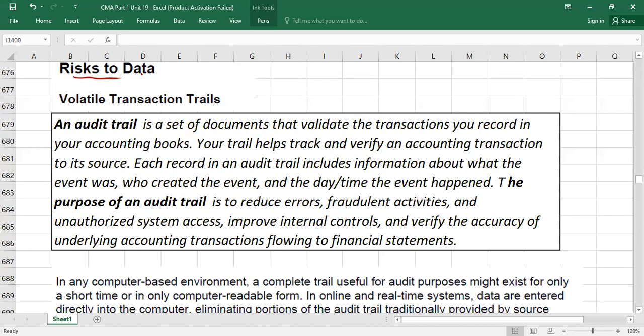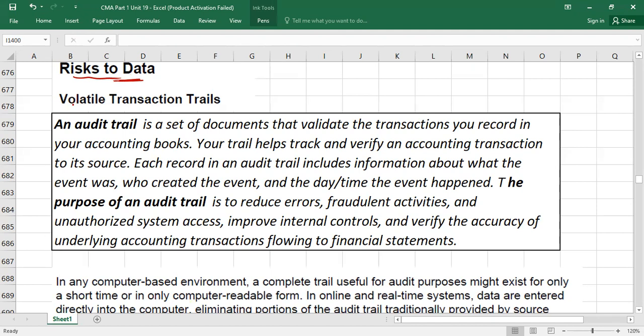For example, let me tell you the first concept, because obviously when we store data, there are different risks available for the data, or which can destroy your data. For example, virus attack, hacking, etc. But here, apart from those risks which we have already covered, we are going to discuss some others.